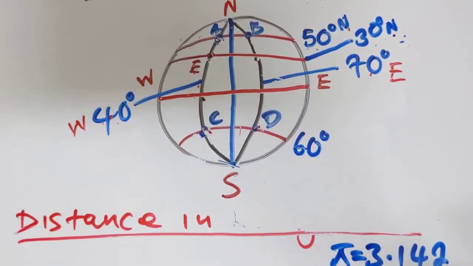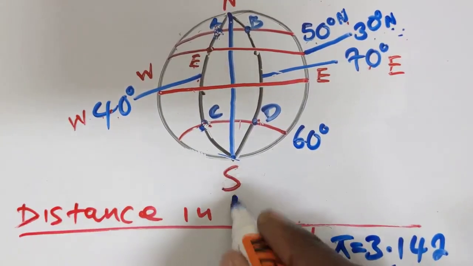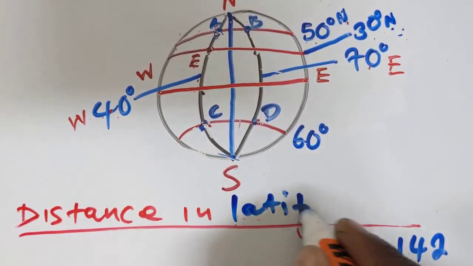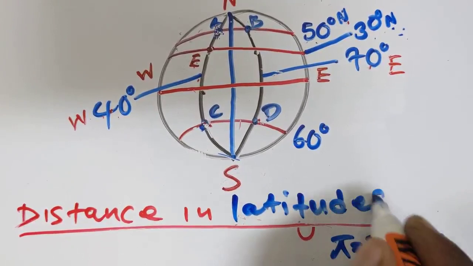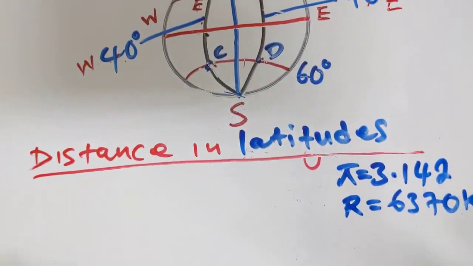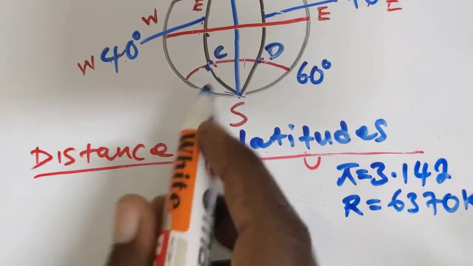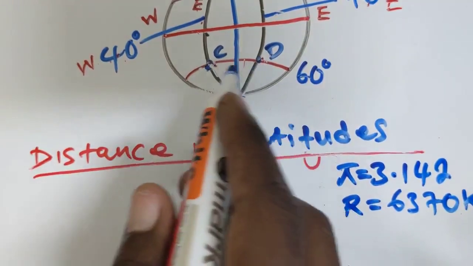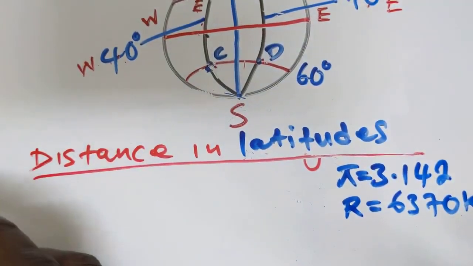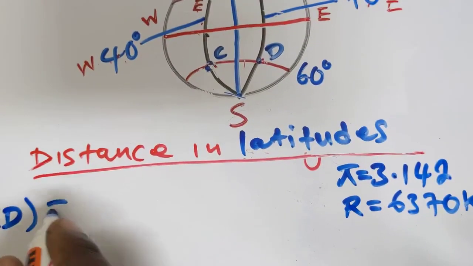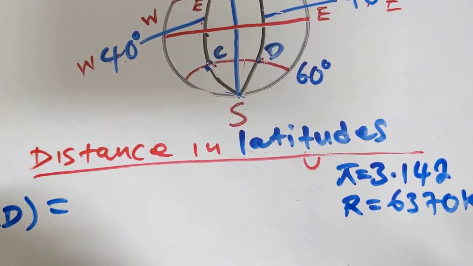The distance in latitudes. Okay, the distance in latitudes. Let's say you're told to find the distance between C and D. So the distance between C and D is equal to... The formula that you're supposed to use